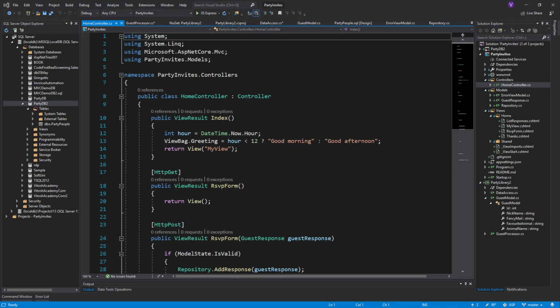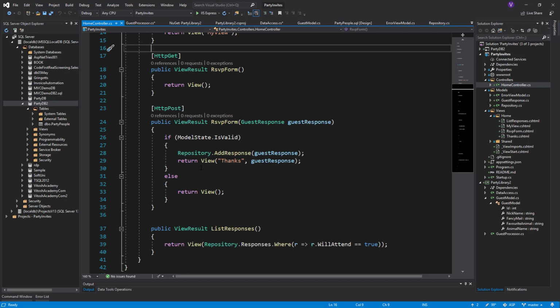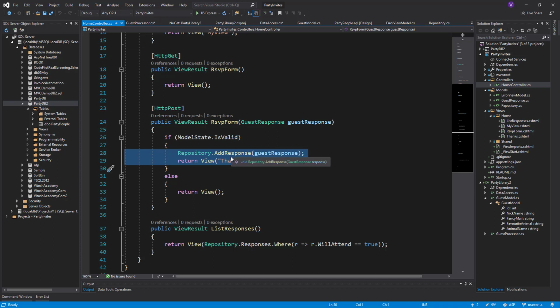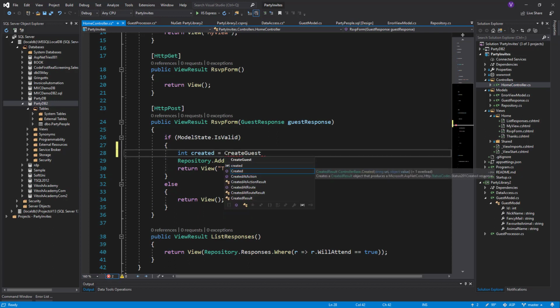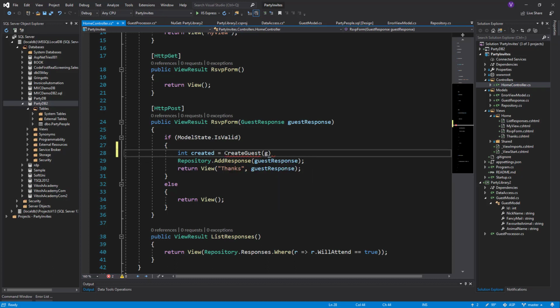the entered data. So in the home controller, we would go to the RSVP form, this one, and of course if the model is valid, we would only work whether the model state is valid. This is from the previous time, and we will simply rename it like this: int created equals CreateGuest, and we start guestResponse.nickname,